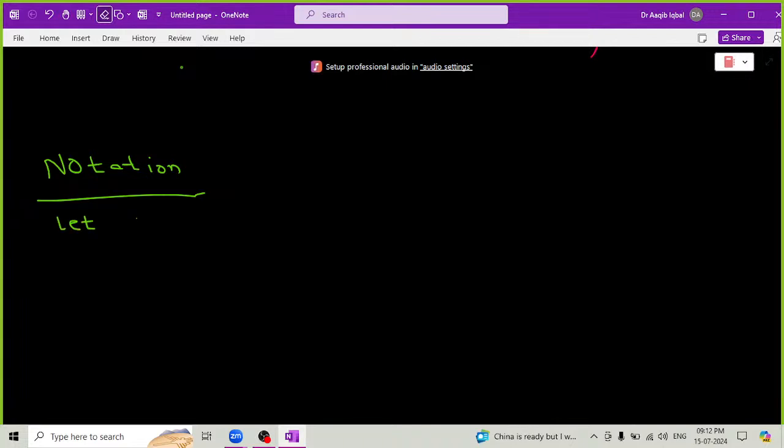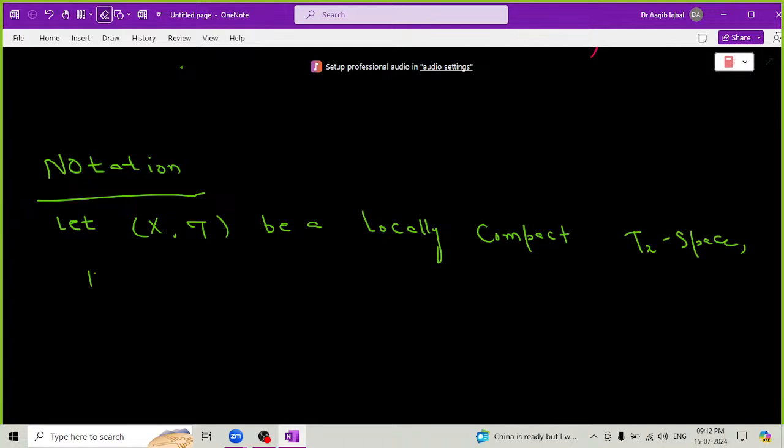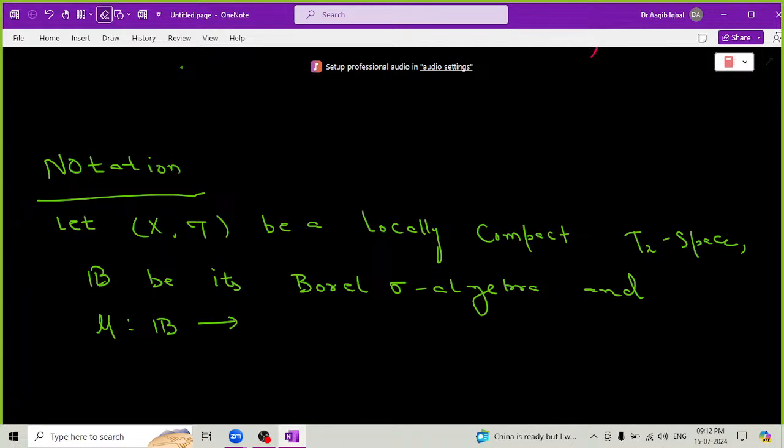Let x star be a locally compact T2 space, boldface B be its Borel sigma algebra, and mu from boldface B into 0 infinity be a regular Borel measure. Regular Borel measure